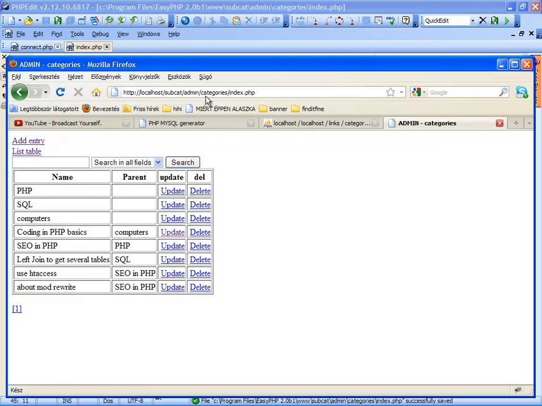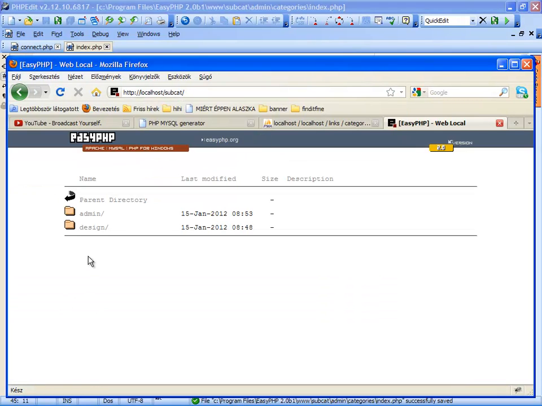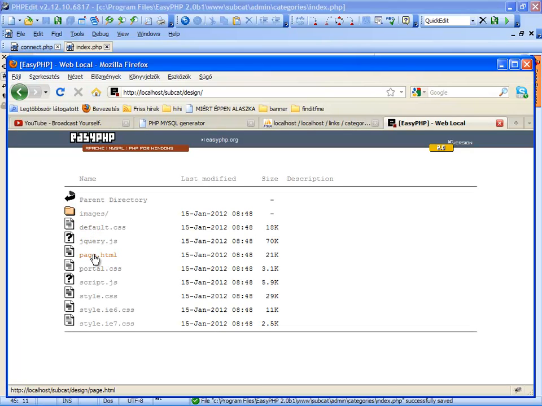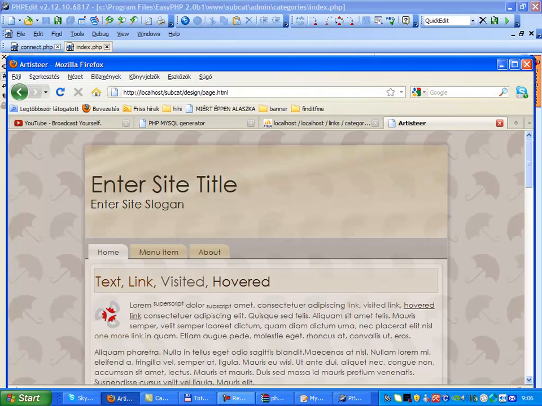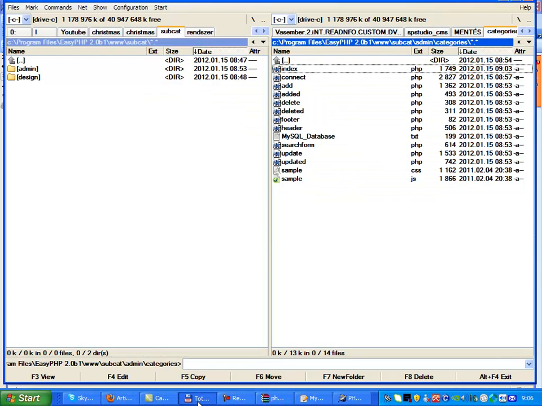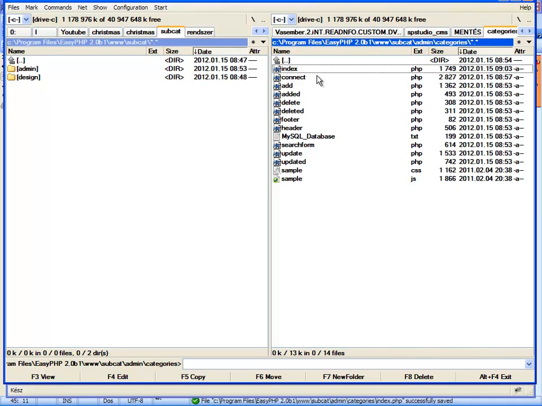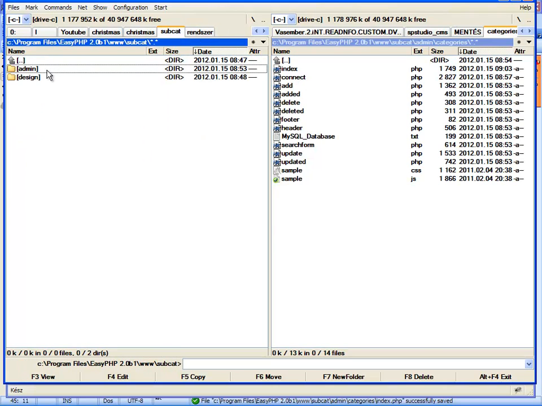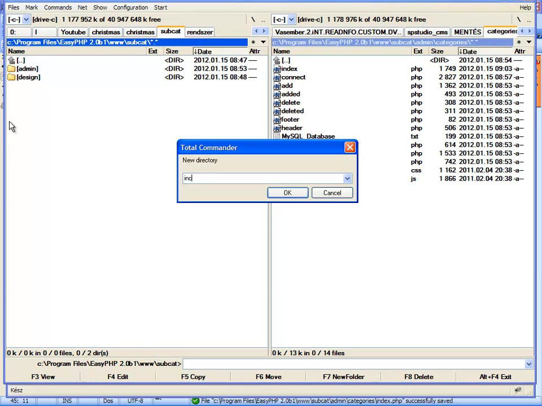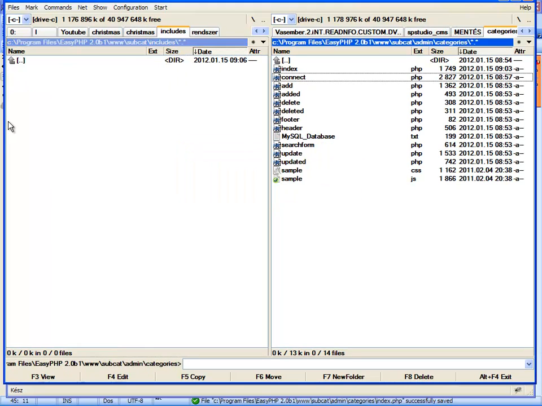Now make the lists, because the design should list in here. Give here the subcategories. How to manage it. I will use the connect PHP as an include. So I put here, for example, into the design, or give here includes. I will make a copy,